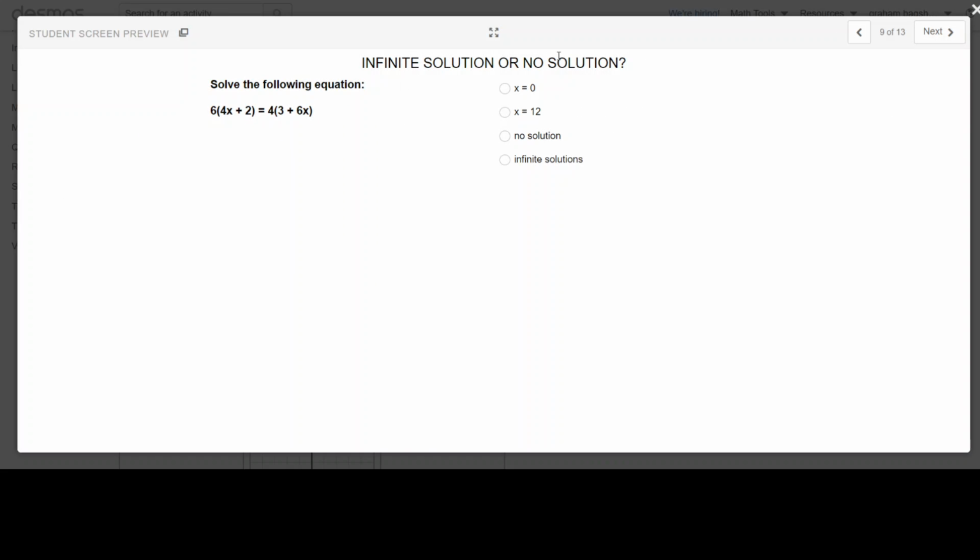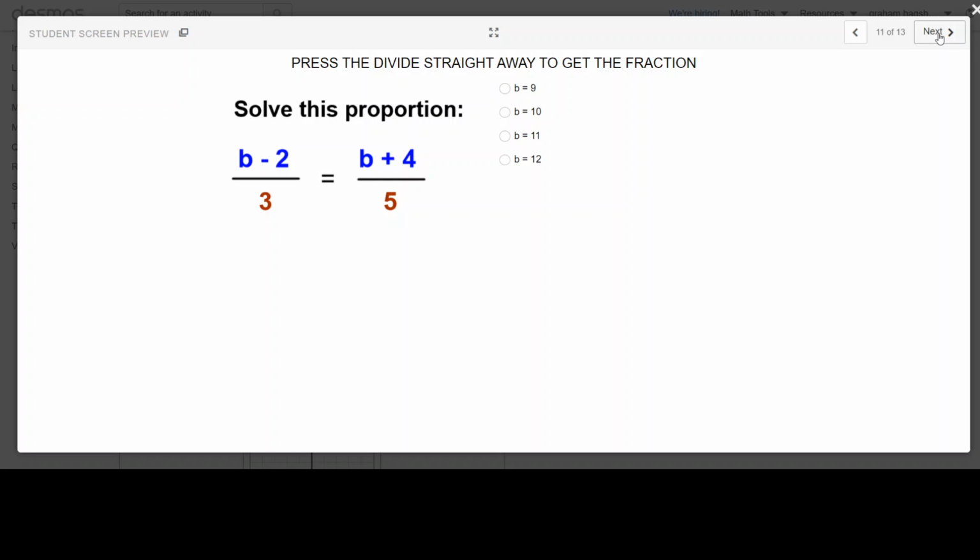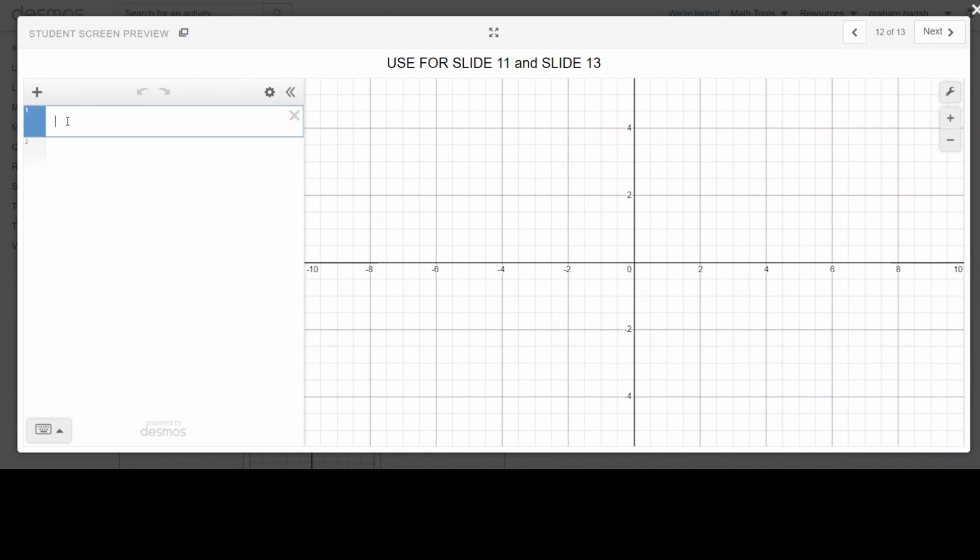Now for these ones here, the infinite solution or the no solution, we've actually got to work a little bit harder. Unfortunately, I forgot to add in the Desmos calculator for this one. So I'm going to do like you might have to do. Copy out the question on paper. And then we're going to find a Desmos calculator, and we're going to type in the question. So this one did say x, so I can type it in just like it looks. 4x plus 2 equals